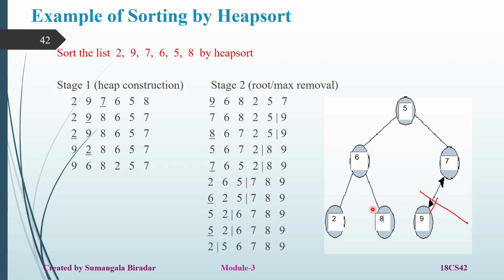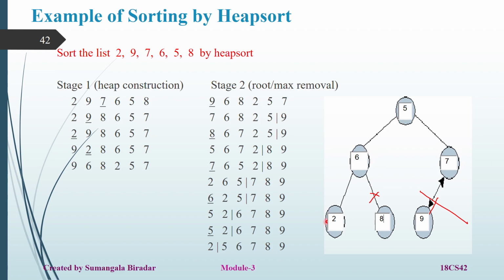So after interchanging, the next thing is you have to remove that one now. Once again you have to remove this node. Assume that this node is also deleted now. After deleting, the next step is to check whether it is a heap tree or not. How many elements are left now? These are the only elements. Don't consider these two nodes now. So now these are 5, 6, 7 and 2.